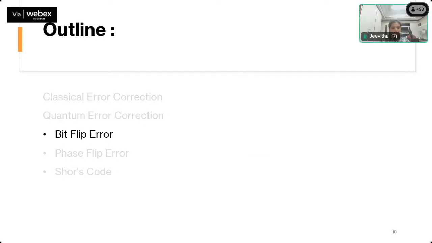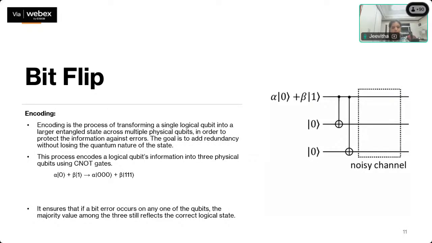Now let's discuss bit flip error. In the bit flip error, let's discuss how the encoding is done. So this is my logical qubit. This contains the information which I want to protect. Since we can't copy the qubits because of the no cloning theorem,